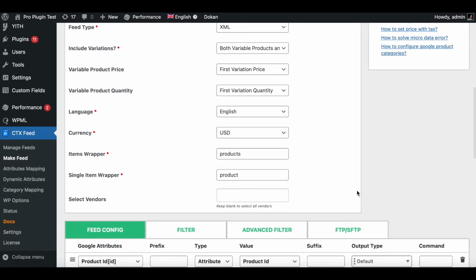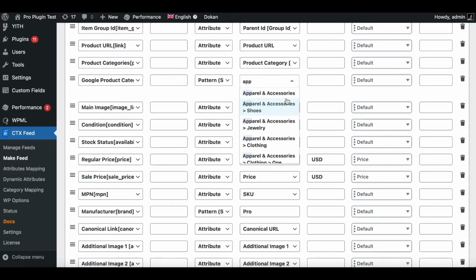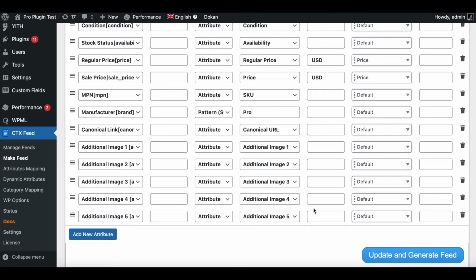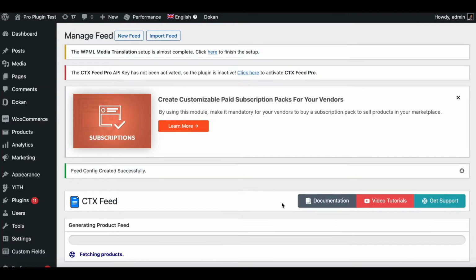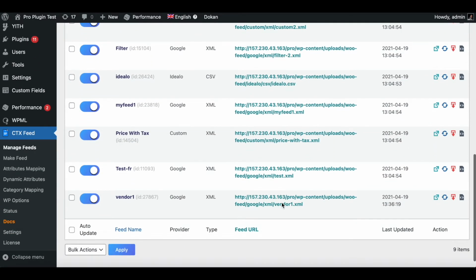Let's keep everything as it is, and here we have this extra option where you get to choose the vendor. So I'm going to choose store 1. Update and generate feed. Boom. Now that it's been updated, let's download it and look at the file.